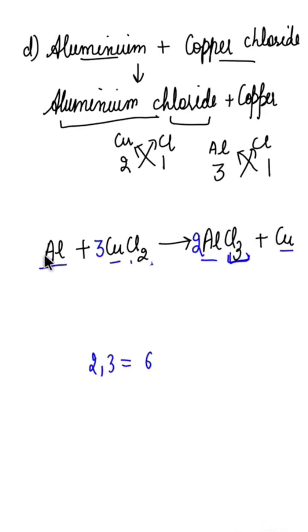Now we are going to cross check our equation. Here 2 aluminium atoms are there on the product side, and here 1 aluminium, so we are going to multiply aluminium with 2. Now in the reactant side 2 aluminium atoms are there, and in the product side 2 aluminium atoms. In the reactant side 3 copper atoms are there, and in the product side only 1 copper atom, so we are going to multiply copper with 3. So here copper is also balanced. Now for chlorine, 3 twos are 6, 6 chlorine atoms are there, and here also 3 twos are 6, 6 chlorine atoms. That means this equation